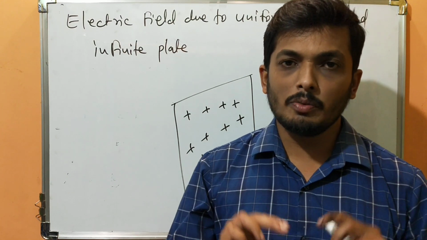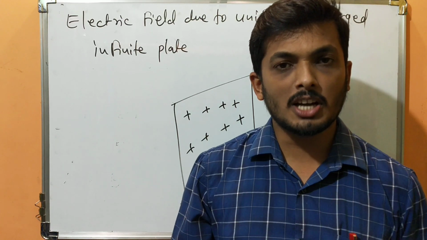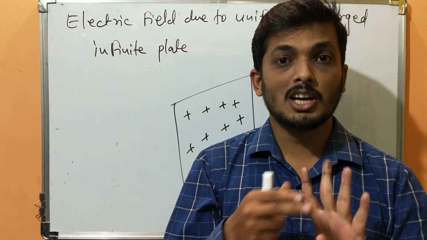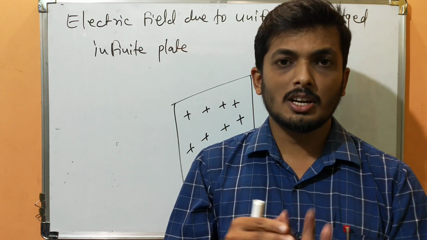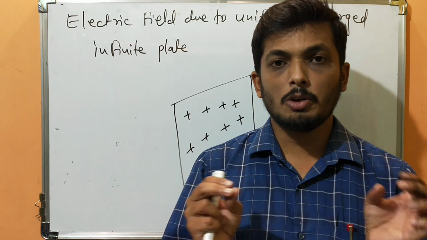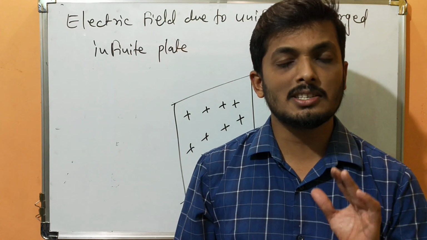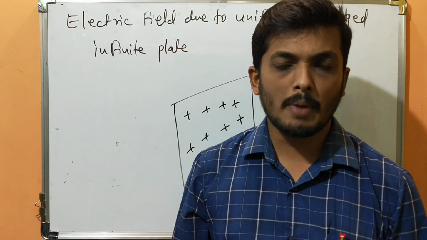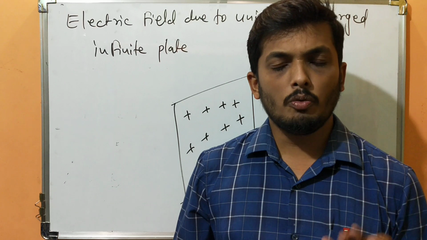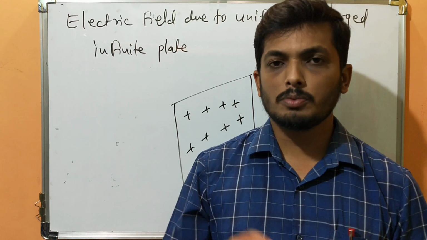So it all started with a charge. Charge is an intrinsic property of matter. Remember the properties of the charge. Charges are conserved, charges are unaffected by motion, charges are quantized, charges are additive in nature, like charges repel and unlike charges attract. Then the behavior of the charges is given by Coulomb's law, which states that the electrostatic force of attraction or repulsion is directly proportional to the product of the magnitudes of the charges and inversely proportional to the square of the distance, which gives F equals 1 upon 4 pi epsilon naught Q1 Q2 by R square. Remember Coulomb's law in vector form also.